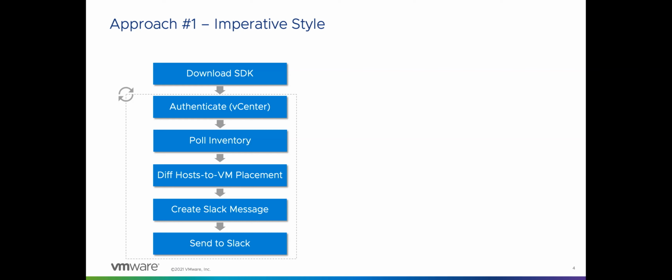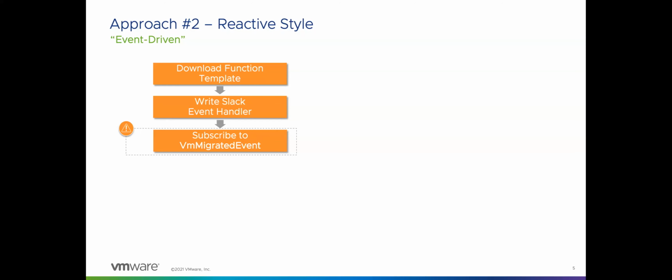And probably you already noticed that this is way shorter in doing so. So the first step obviously also would be downloading an environment, like a function template or a script template for the sake of being. And then the second step is already you write directly your Slack event handler, which basically gets an event, which I'll show you in a bit, and then does something with this event. And in this case, it just sends it to Slack. And the event itself here in this case is a VM migrated event that you want to trap into. And you're basically saying, hey, if this event happens in the infrastructure, I want to get notified to this. And I want to have my Slack event handler or function called here.